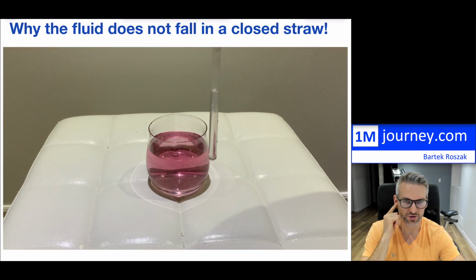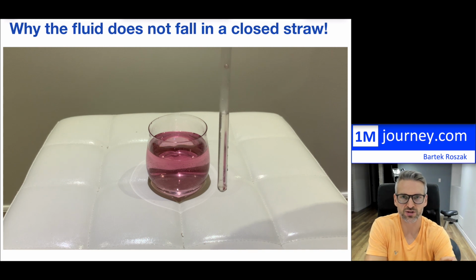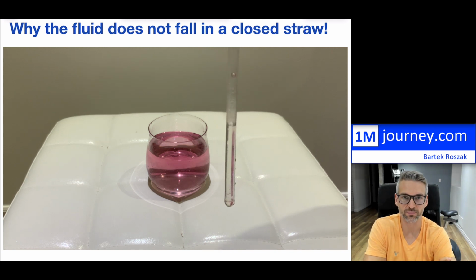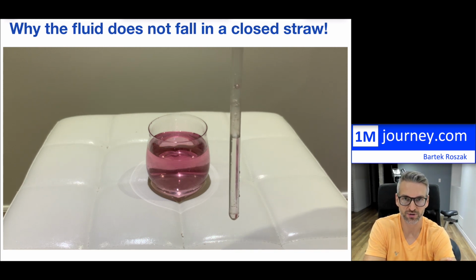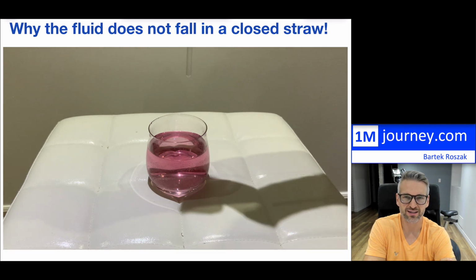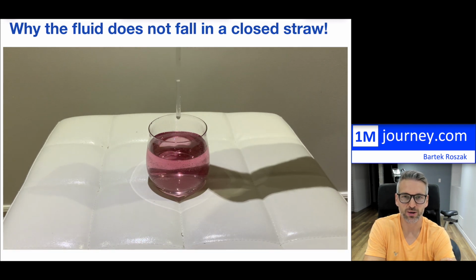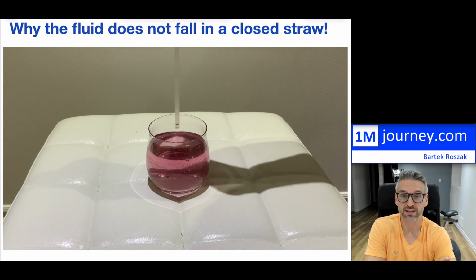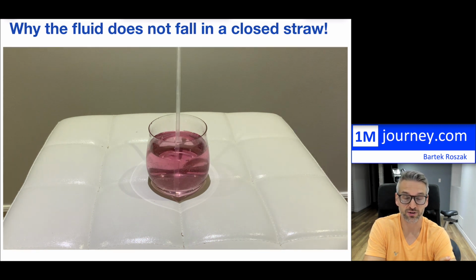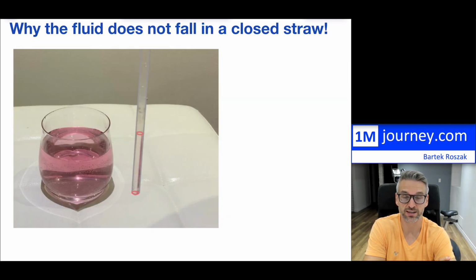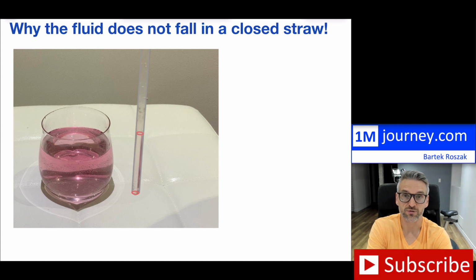And as you know, gravity is constantly acting on pretty much any object near the Earth's surface. So why isn't this water flowing out? Well, it's actually to do with pressure, and there are certainly forces that are present if you have pressure. And if you start to understand how fluids work and how pressure works within fluids, then you can explain this